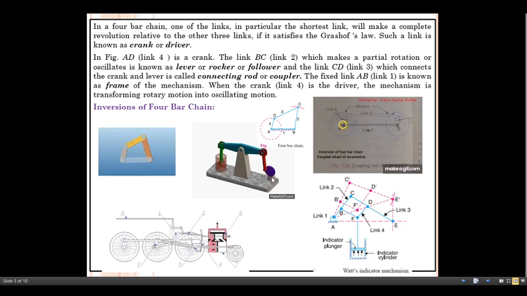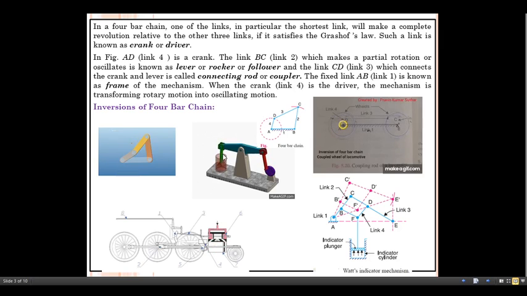Okay, so A is nothing but the center, where the link is connected with the crank. Let us assume this point is B here. A is the center, B is here, then C is here, D is here. At the end of this, let us consider point E. So this is nothing but the cylinder.